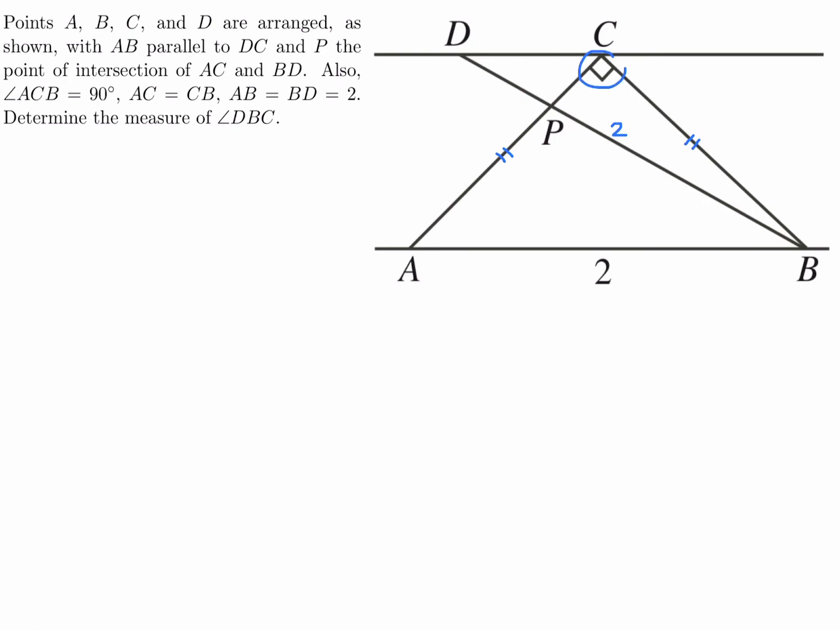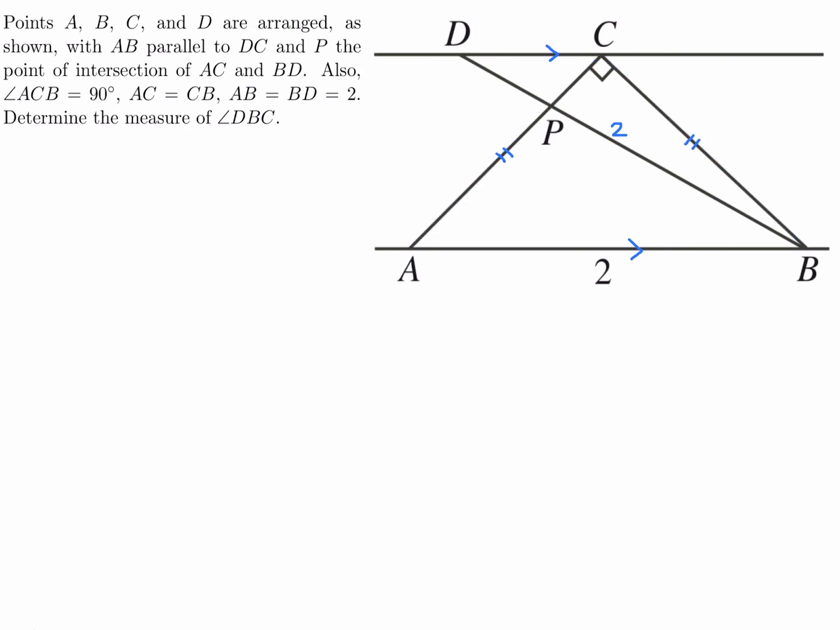ACB is 90, they've already labeled that. Anything else? AB is parallel to DC, so this line is parallel to that line. I think that is all we are given, so let's begin with this question. The first thing I'd like to figure out is the length of these sides, and that